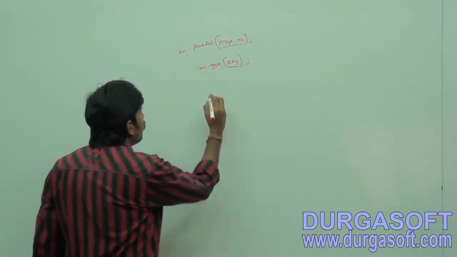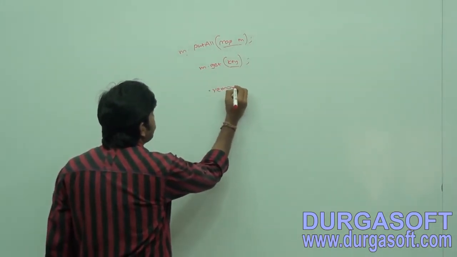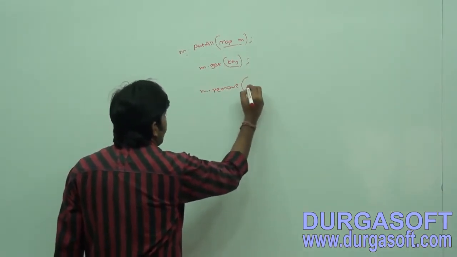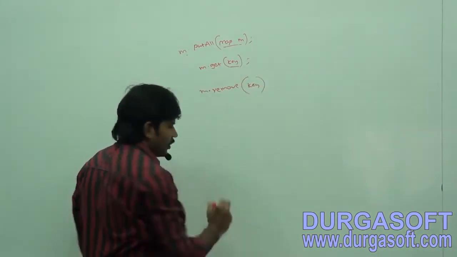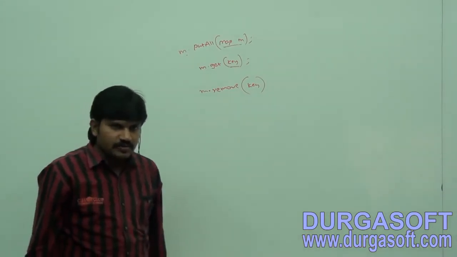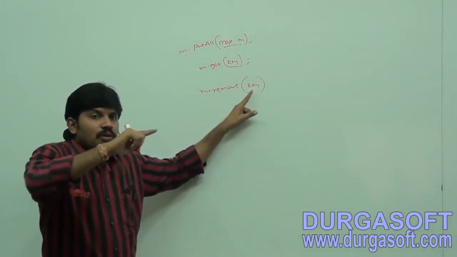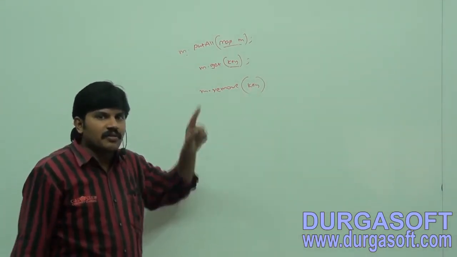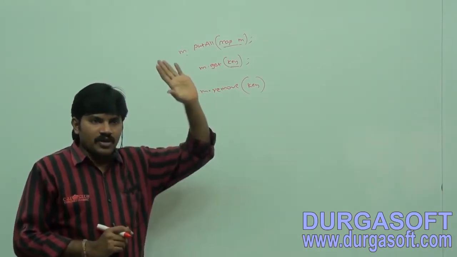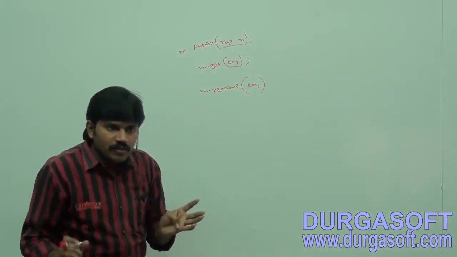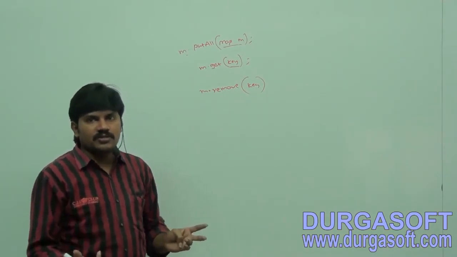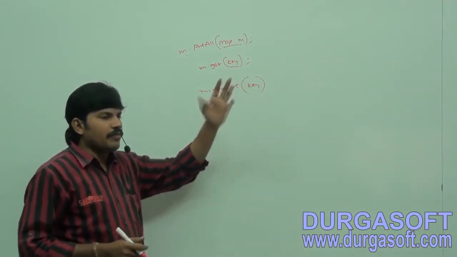Sir, I want to remove one key value pair. M dot remove of just the key you can specify. Remove of key you can specify. Then automatically the total entry, the entry associated with this key by default will be removed. So only key removed, value will be there? No, without key value there is no chance. That's why total key value pair by default will be removed.